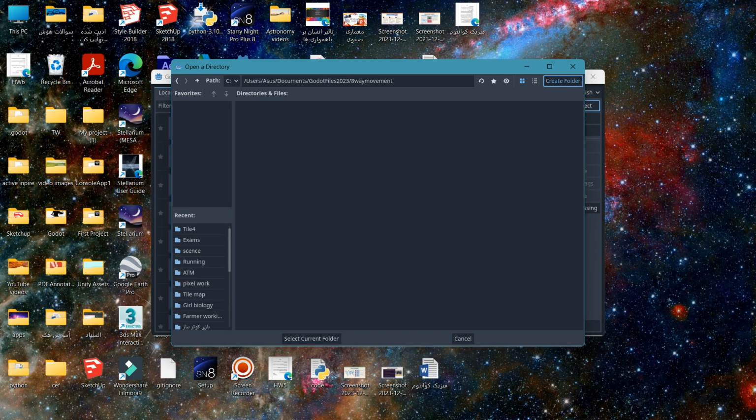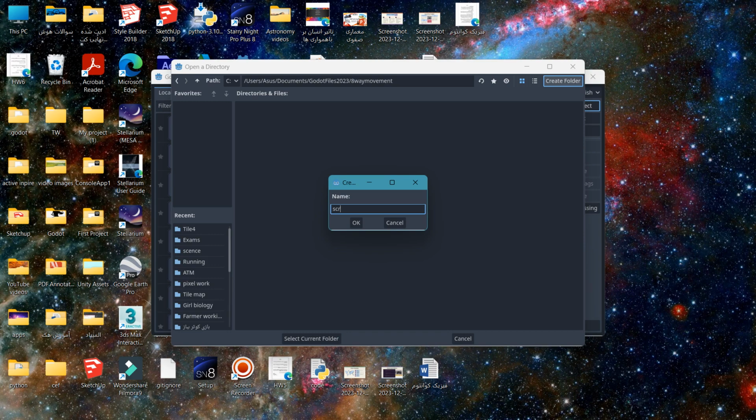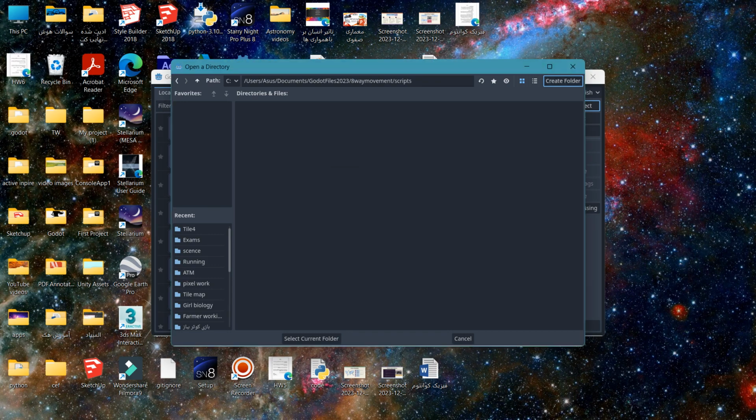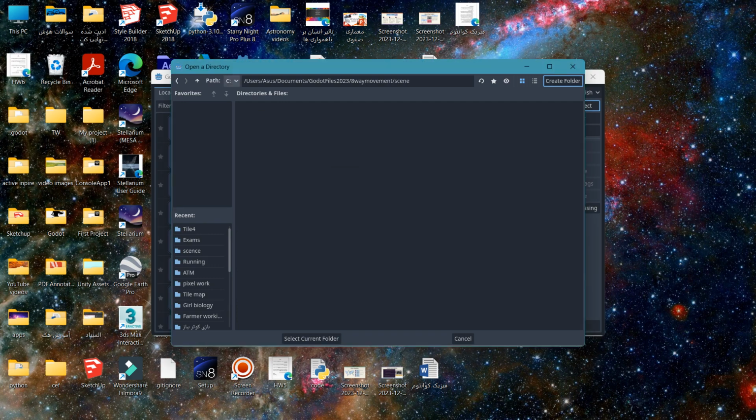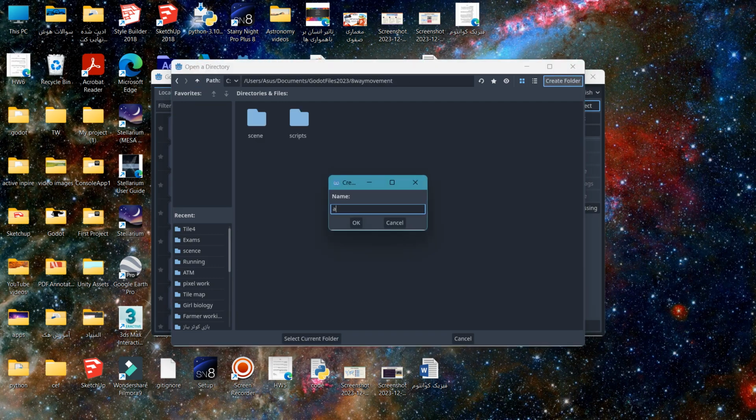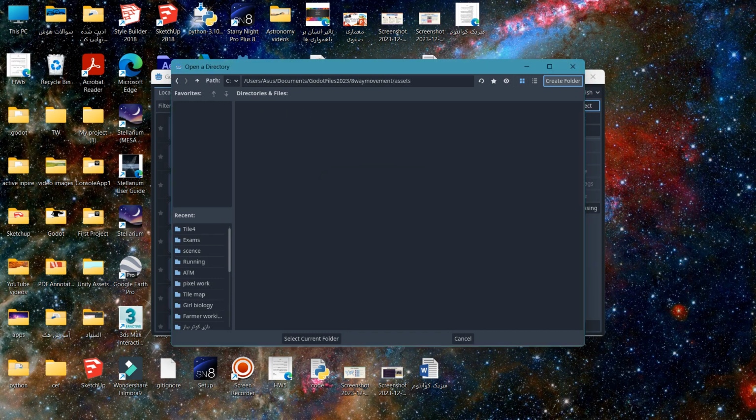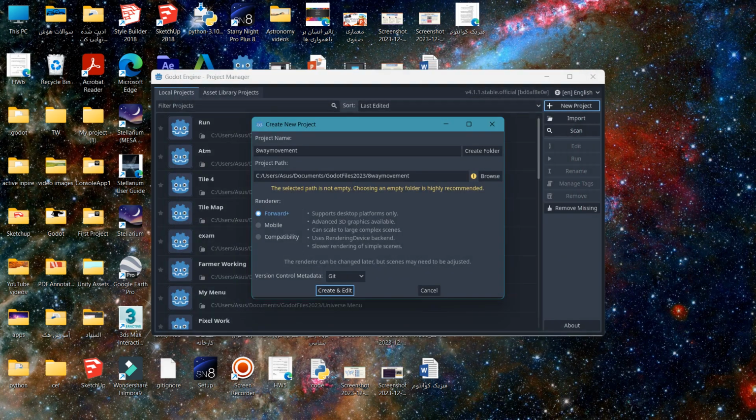So I'm gonna create a folder named scripts, and then path, because you can see here is the 8-way movement script, and if I create a new folder, it's in my script folder. So I will choose go to parent folder, and here you can see my script folder, and this one scene again here, and I'm gonna make assets or pictures, and then I will choose select current folder,